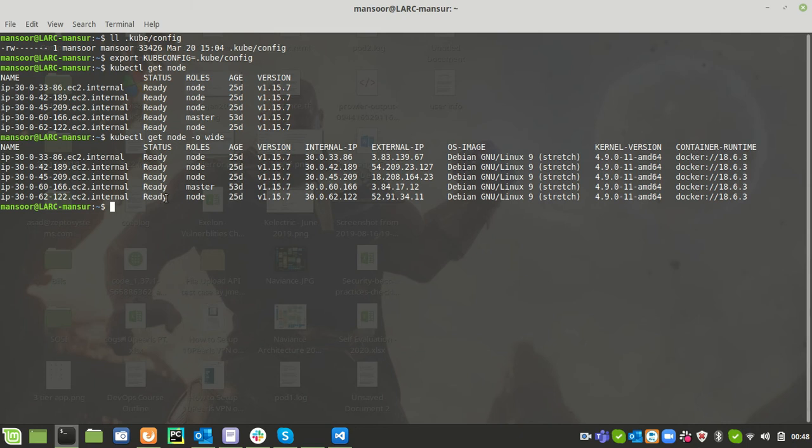The status says that it is in ready state. There are some other states like not ready, tainted, and not schedulable. This particular field tells you the status of the nodes. This is the name of the node, which is coming from the instance host name. So moving forward,